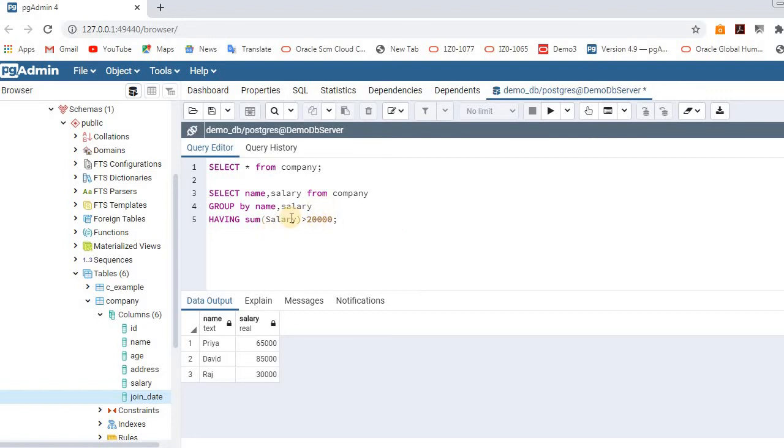Now let's add age as well. Here also we'll give age, and sum of salary. If you want to display the sum of salary, that also we can display here.